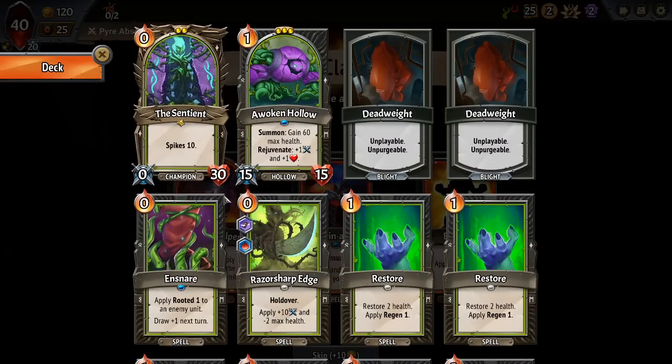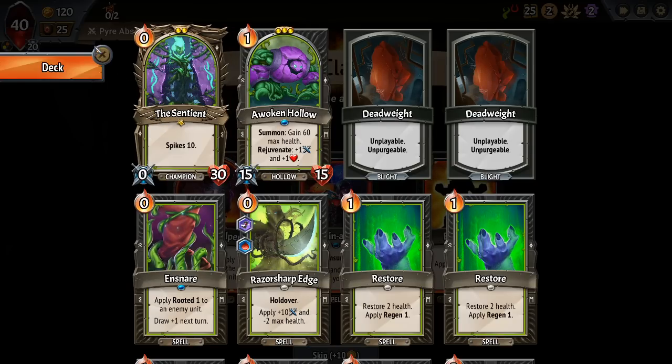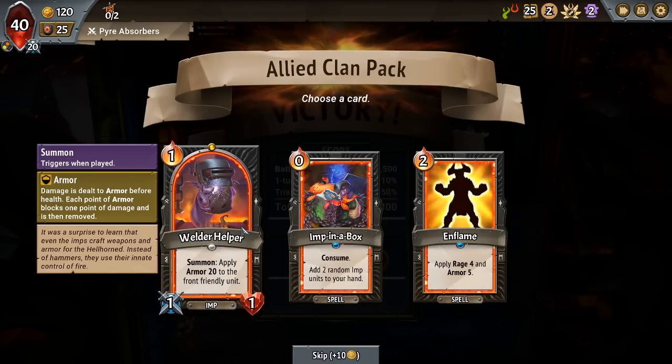We have a hollow. Putting armor on the Sentient isn't going to make much of a difference. If anything, it might hurt. Because she's going to take a round of damage to the armor, and then that turn after I draw my focus growth or whatever my healing card is, and then it doesn't do anything, and then she dies before I see it again, right? I guess...